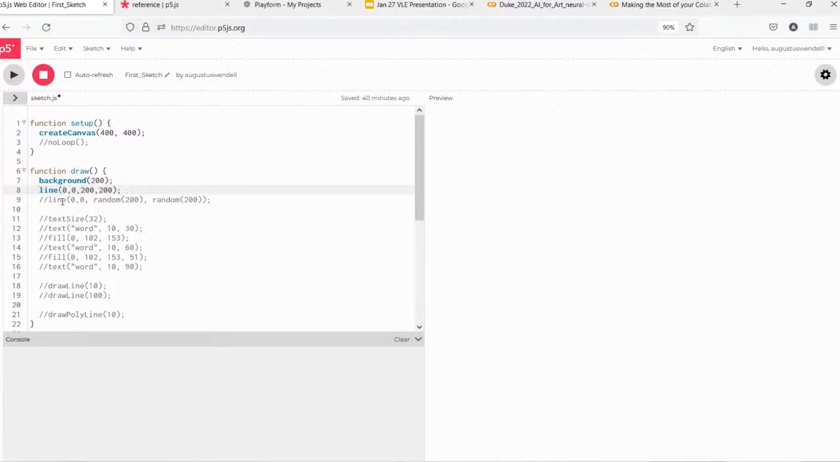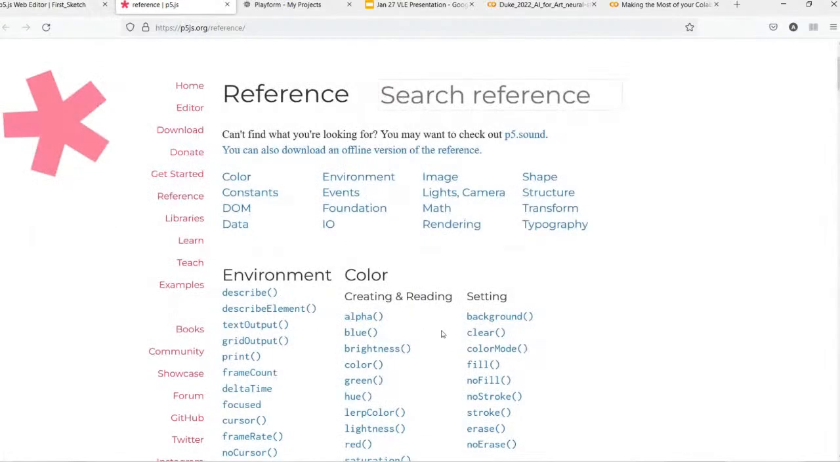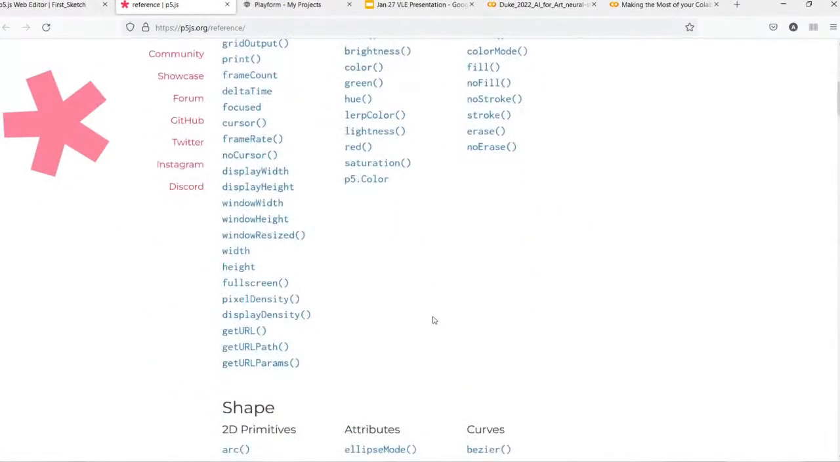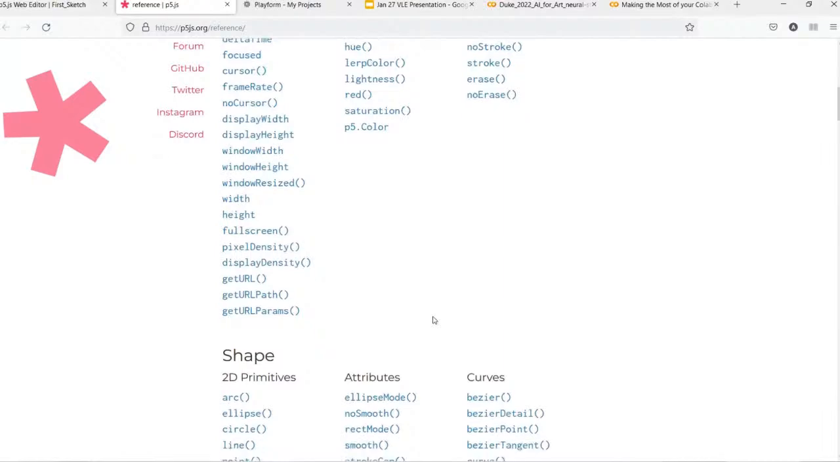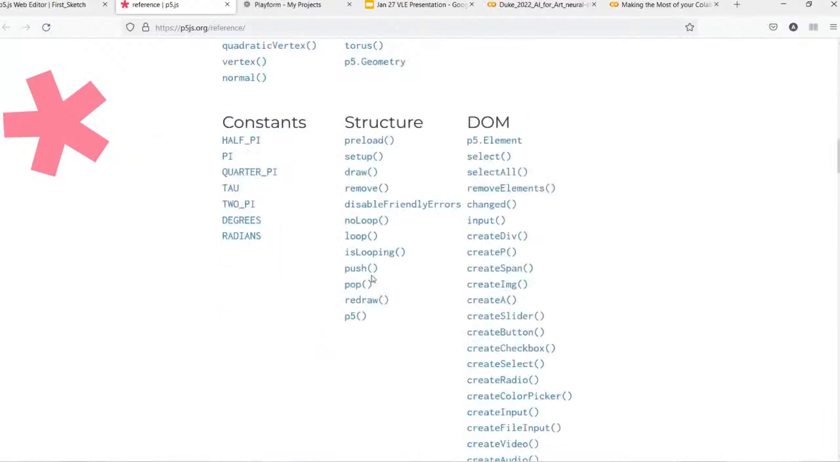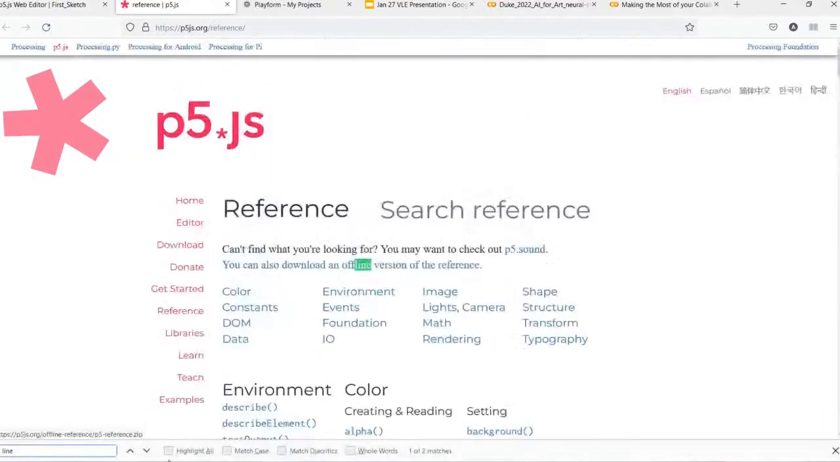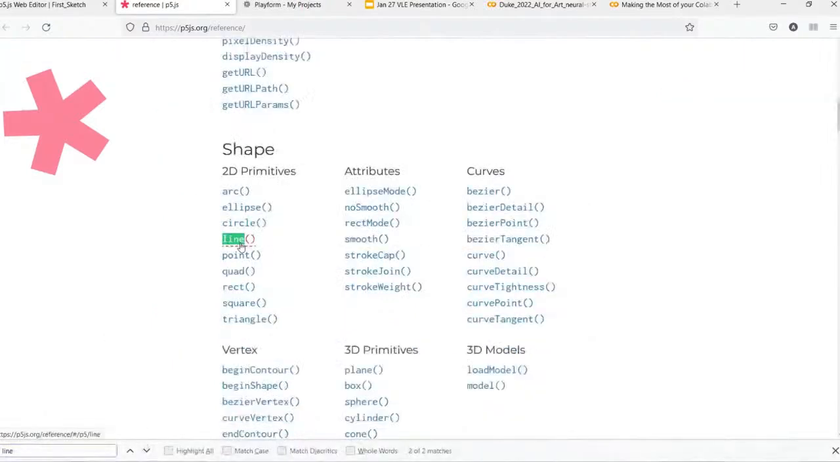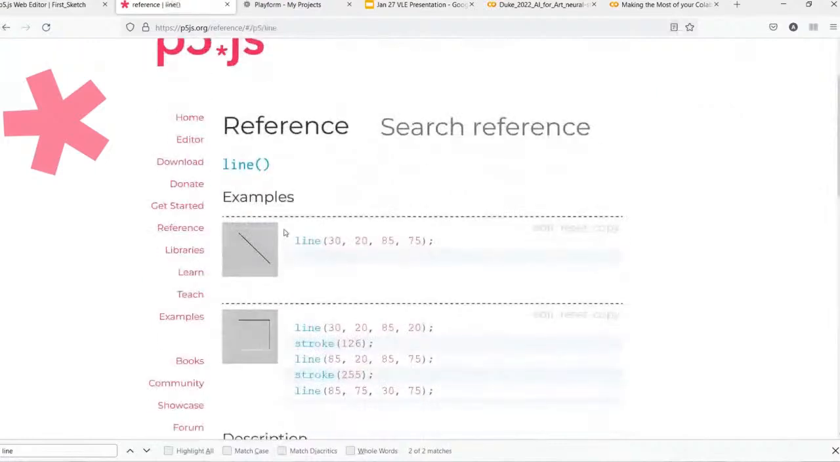I'm going to uncomment my next line of code, which says line, literally draw a line from 0, 0, 200, 200. Let's go to reference and let's look. I'm going to switch over here and look at line. In fact, I'm going to Control F and find line